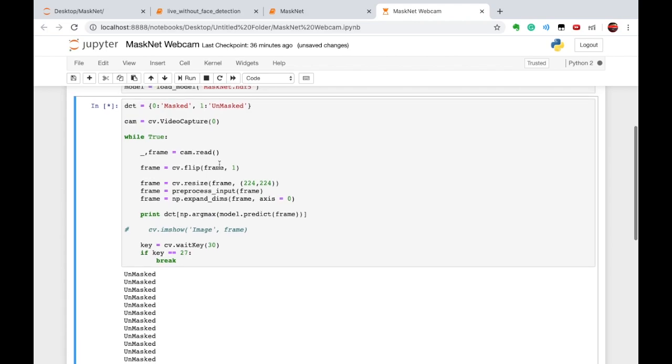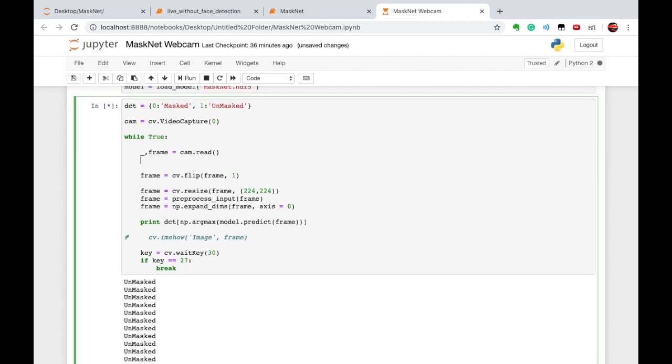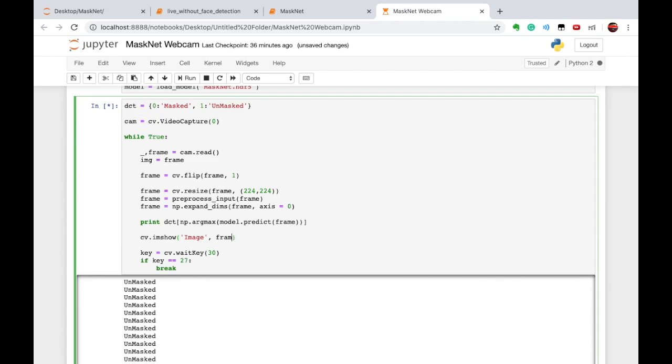To show the frame, I need to copy the frame into an image, and I have to show that particular image now, which is our image, because my frame has changed after processing.